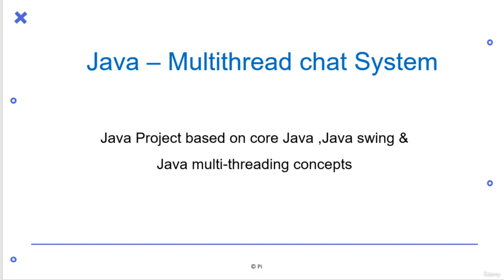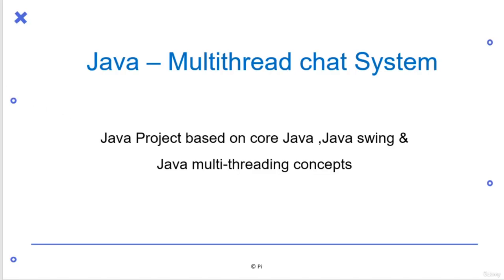We are going to create a simple chat system for text. So this is basically a text chat system only, and we are going to use Java multi-threading here for the chat and the client and server process. Throughout the process, I'm using the word client as a user and server as a service provider. So remember that whenever I say client, it means the user of that chat system, and server is the service provider, or we can say the connection for that purpose.